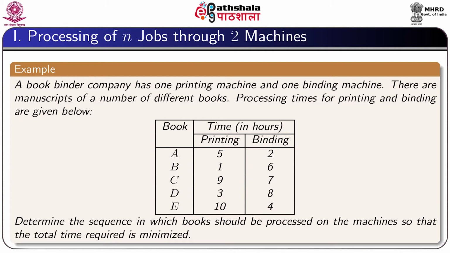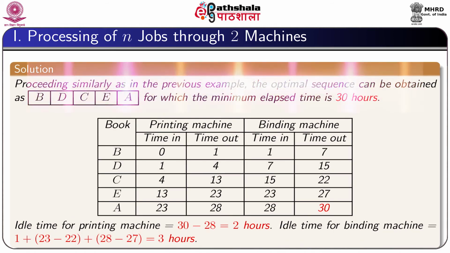Following Johnson's algorithm, we look for the minimum processing time, which is 1 hour, and it corresponds to book B on the printing machine. Therefore, B will take the first place in the sequence, and then proceeding similarly as we have explained already in the previous example, we can find the optimal sequence as B, D, C, E, A,